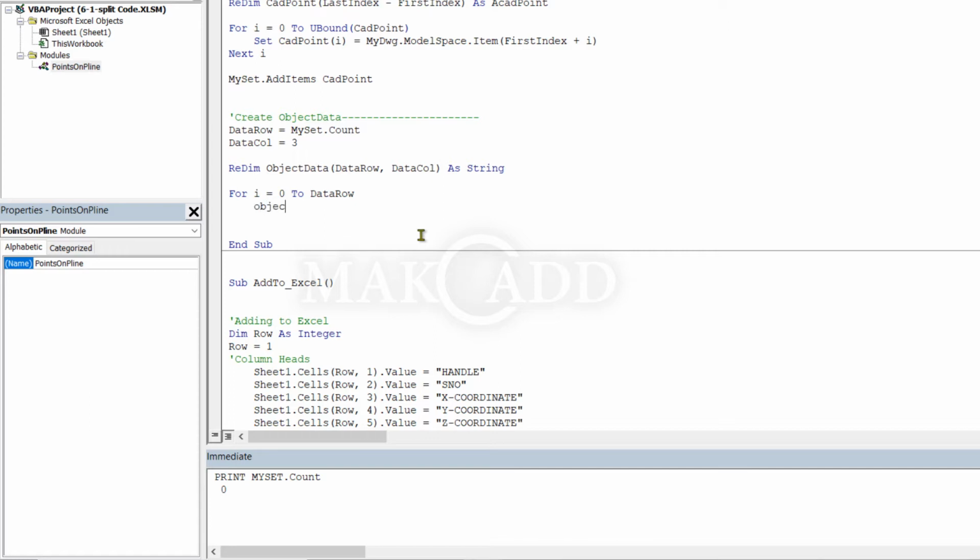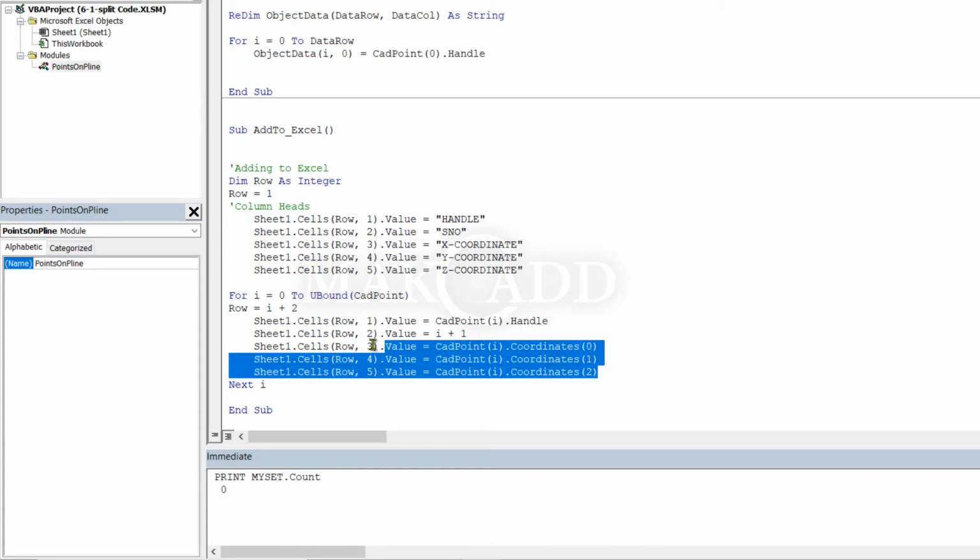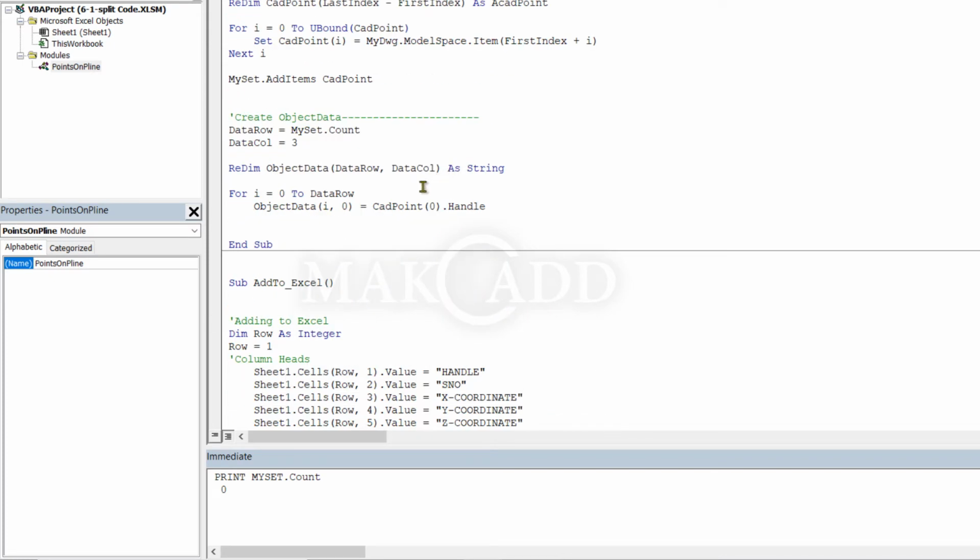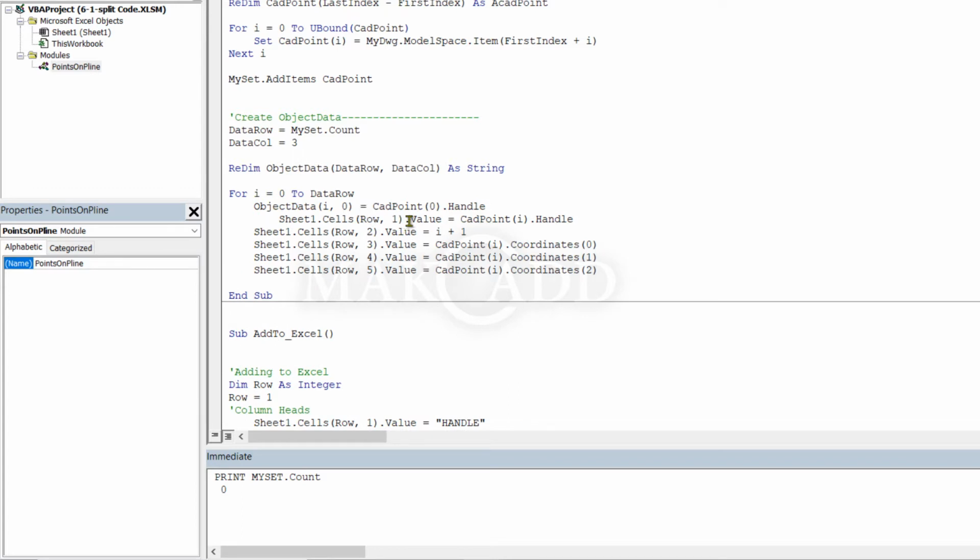So object data I, column 0 is equal to the card point 0 dot handle. Same way we will assign all properties. Here we can use the same code. Copy paste. We will replace this one with